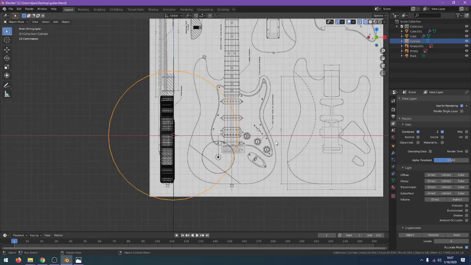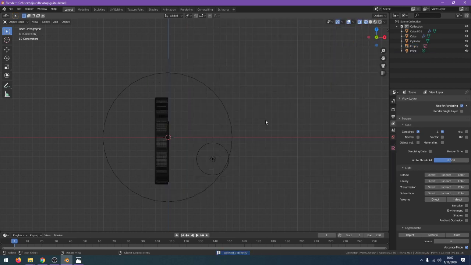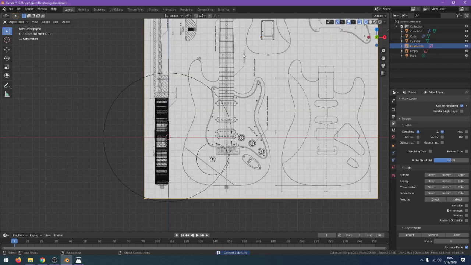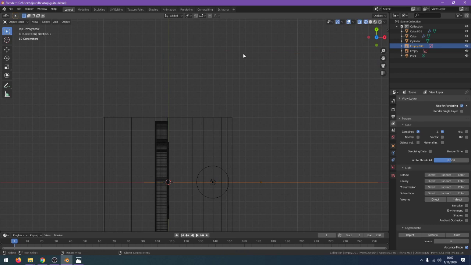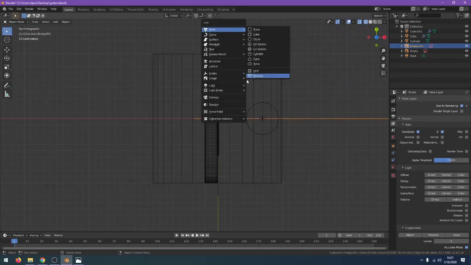So wait, if this is, yeah, this is left. So we have to, well, we can keep that. We have to go to top. Yeah, cause I proportioned it incorrectly. So,